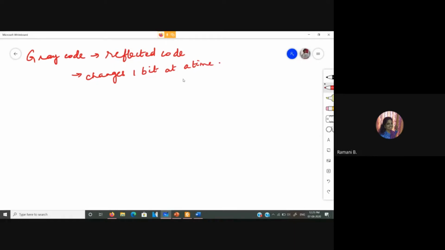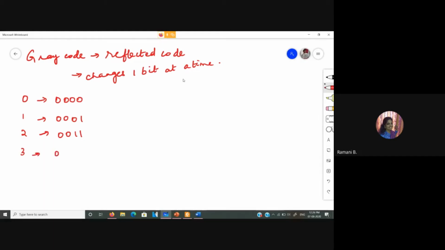So for the equivalent decimal 0, we have the gray code 0, 0, 0, 0. Next for 1, it is 0, 0, 0, 1. For 2, we have 0, 0, 1, 1, because I need to have the bit change in only one position.